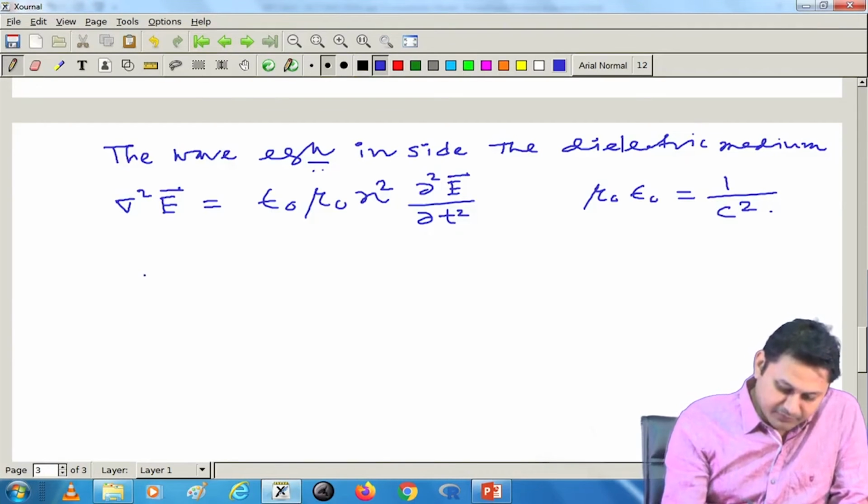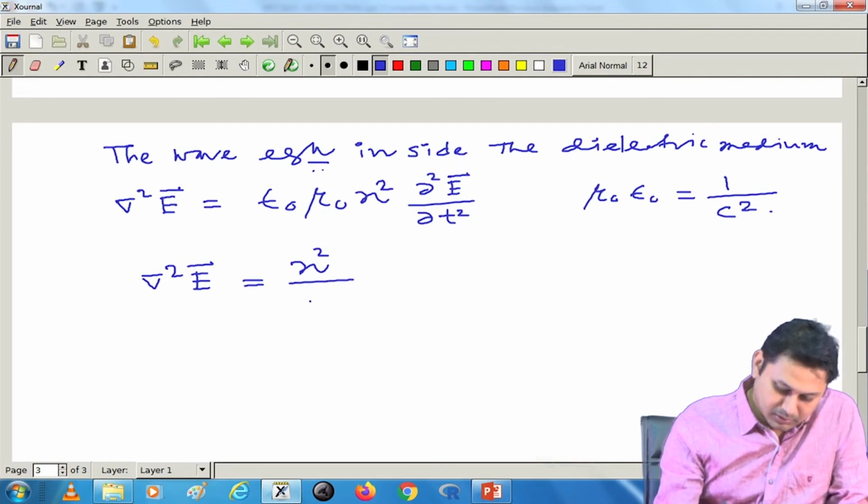So, eventually I have an equation that we are going to use later. n square by c square d2E dt square. So, this is the wave equation